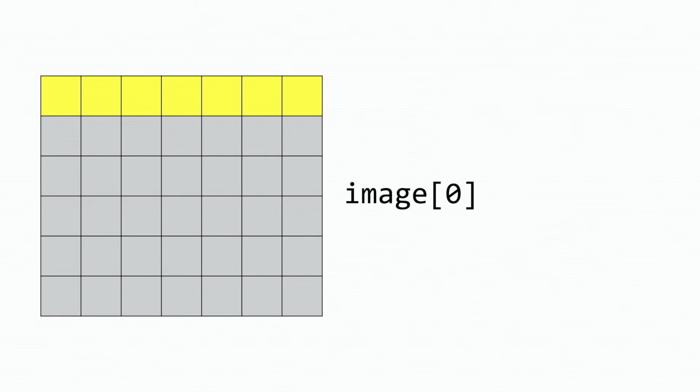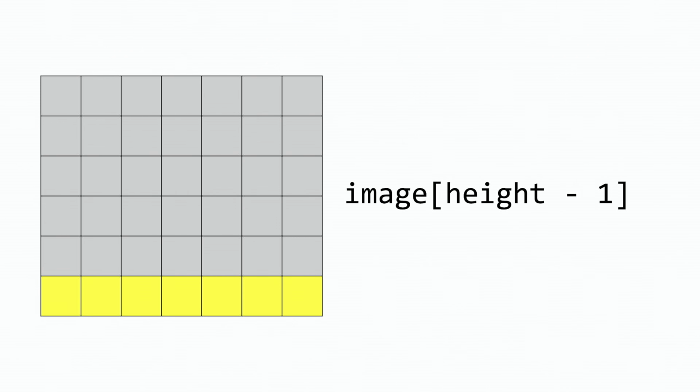So if we have an image, which is a 2-dimensional array, image[0] is going to represent the first row of that image. image[1] represents the second row. image[2] represents the third row, so on and so forth. How, for example, would you get the last row in the image? Well, if there are height many rows in the image, and we start counting from row 0, then the last row in the image is going to be image[height - 1], for example. So that's how you get a row of the image.